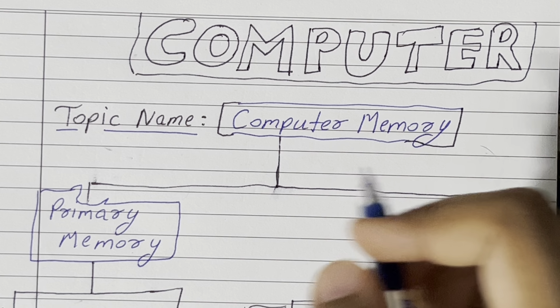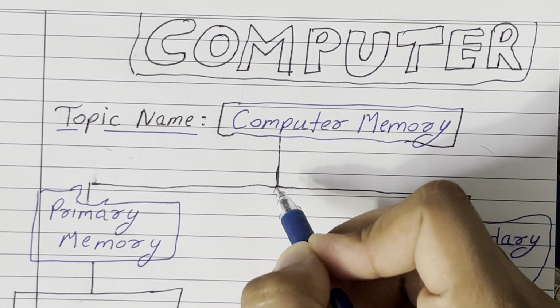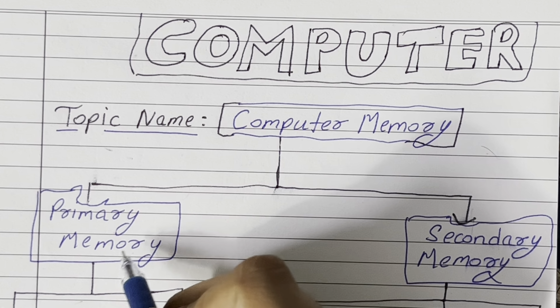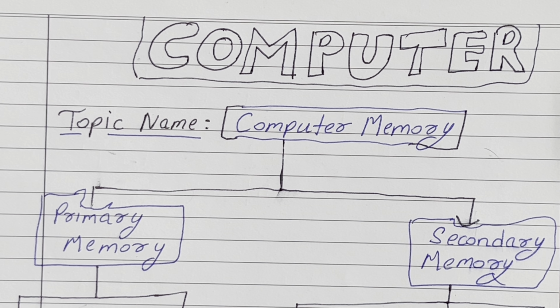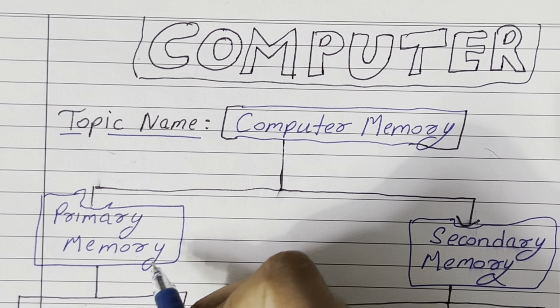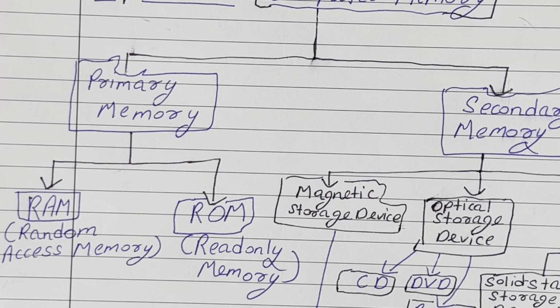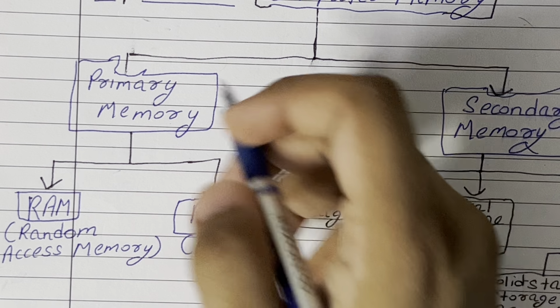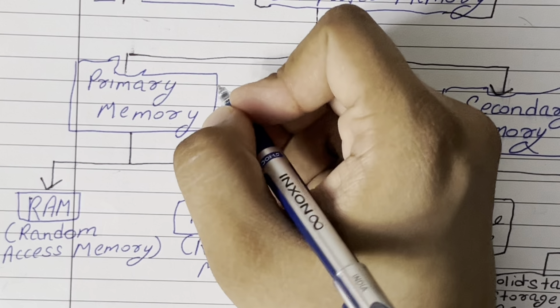Now, we should know computer memory is further classified into two parts: primary memory and secondary memory. Now, we will first discuss primary memory. Let's start. So, guys, primary memory, also known as main memory